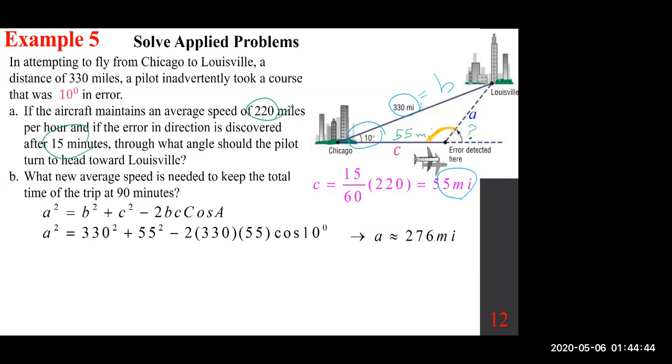Again, the way that it's given, 330 miles and then 55 miles, it appears that you can round it to the nearest mile. That's okay. If you have any doubts, go with a couple of decimals to be on the safe side. Okay, so with that being the case,